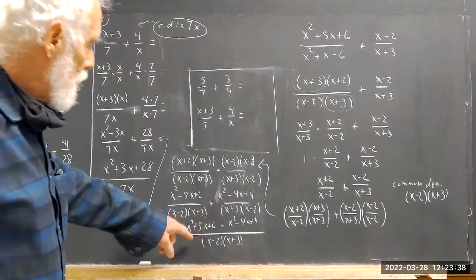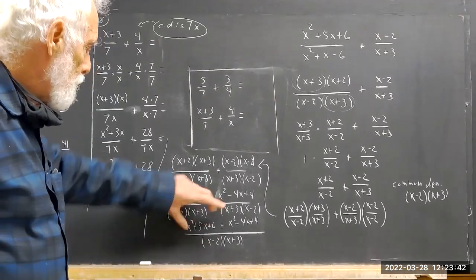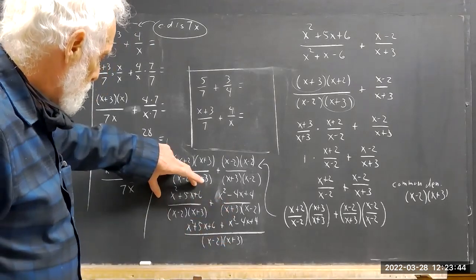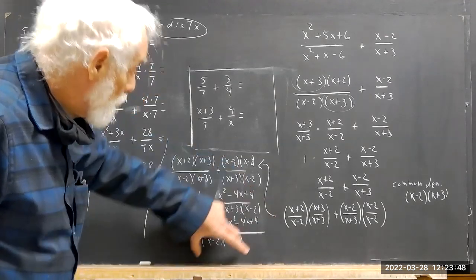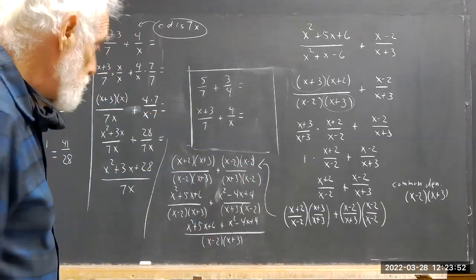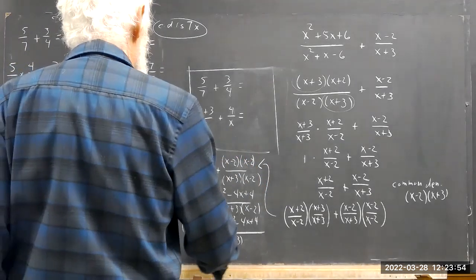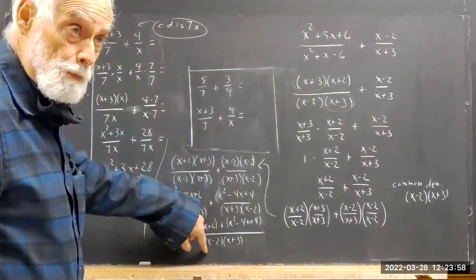Okay. I add the numerators, and I have this over the denominator, which is the same as this, right? Plus this over the denominator, same as this. Okay. We need to put parentheses around these to emphasize the fact that I've still got this here